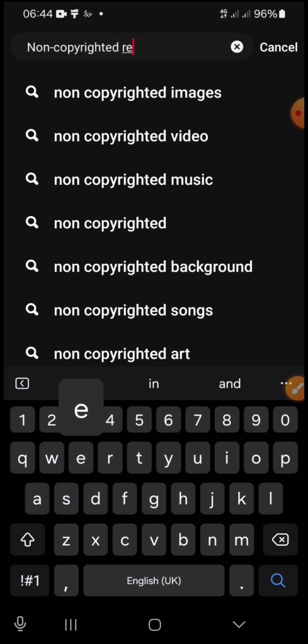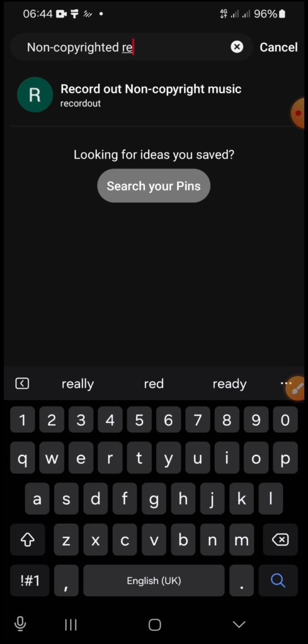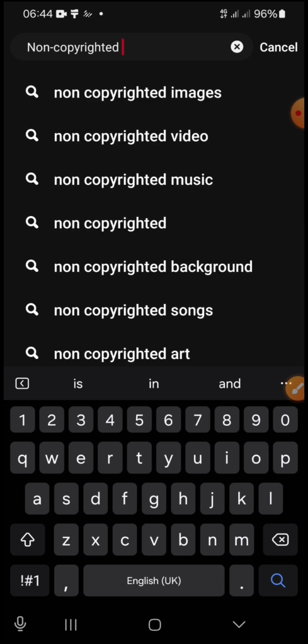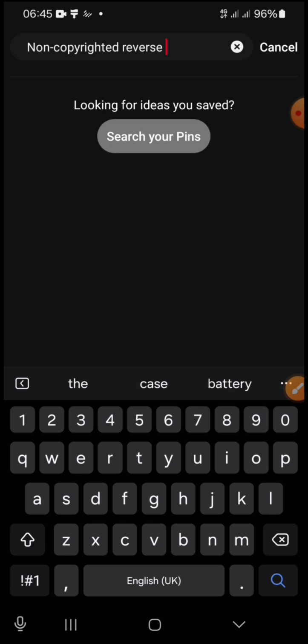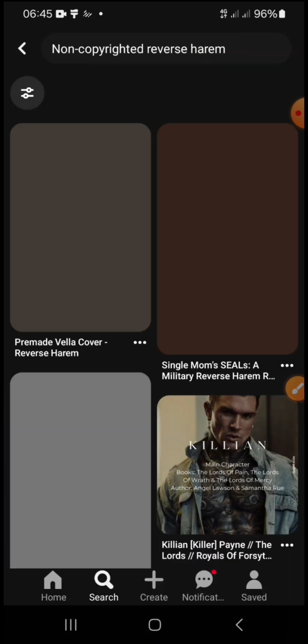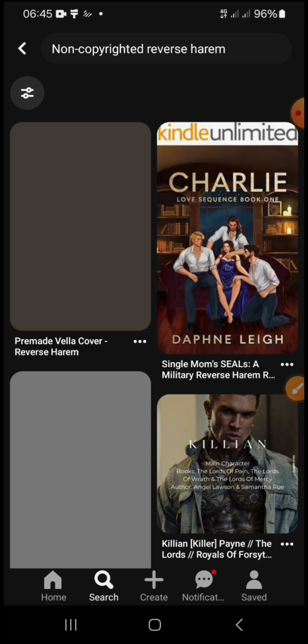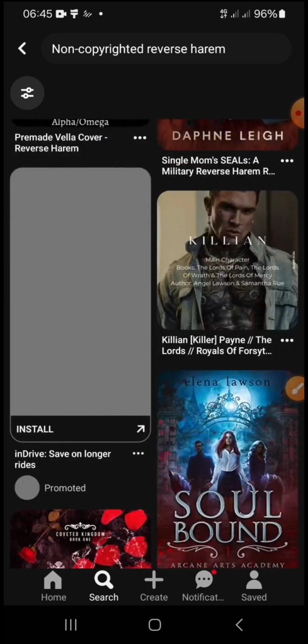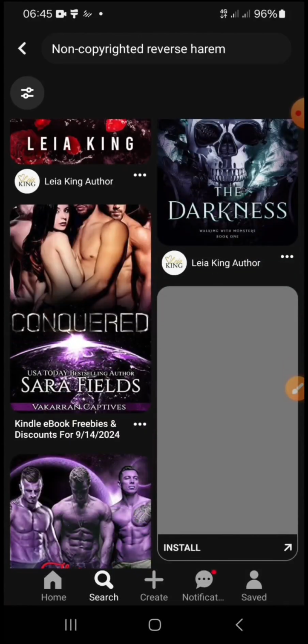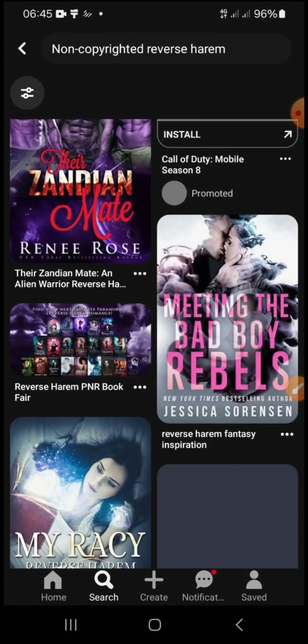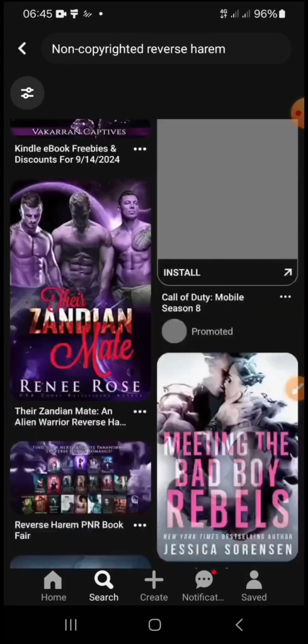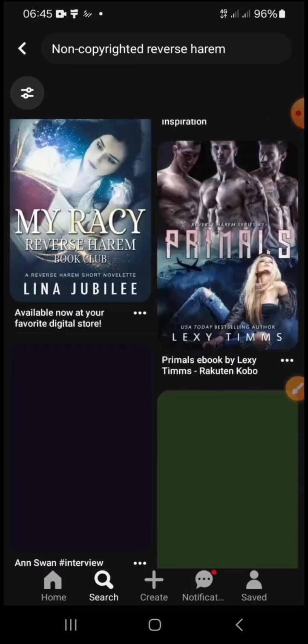Reverse. What kind of story should I write? Okay, I need a reverse harem. That's a story where one woman has a lot of men, but at the end she doesn't keep any of them. So non-copyrighted reverse harem. These ones are copyrighted. These are books. I think that will be a bit. Well, let's go for